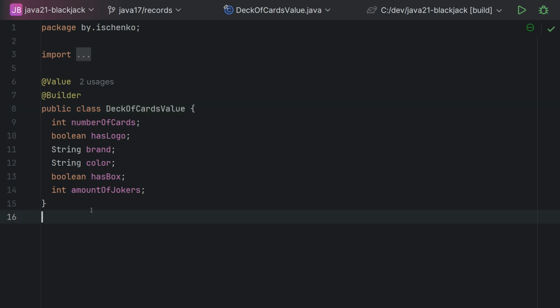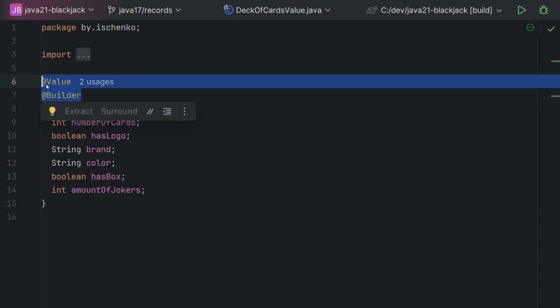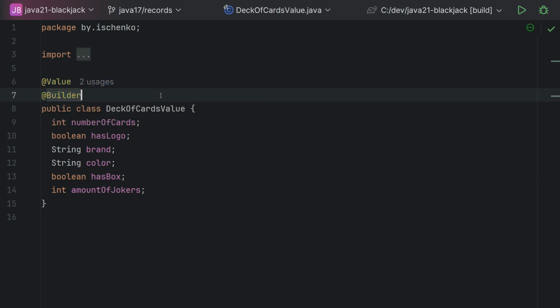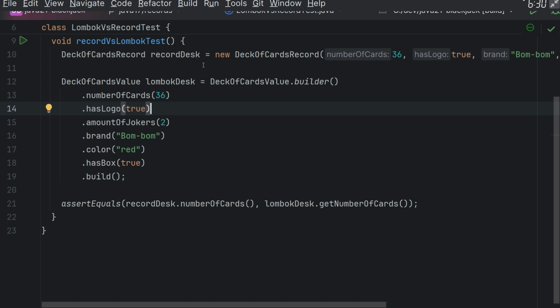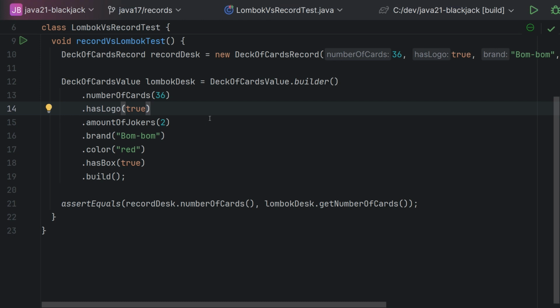When we use the same structure with the same amount of properties, but together with Lombok, you can put two annotations at the top, Builder and Value, and with these two annotations, you can build your instance in a random manner, and it will still be immutable. Okay. Yeah, that's why, for now, I would say we don't use records,